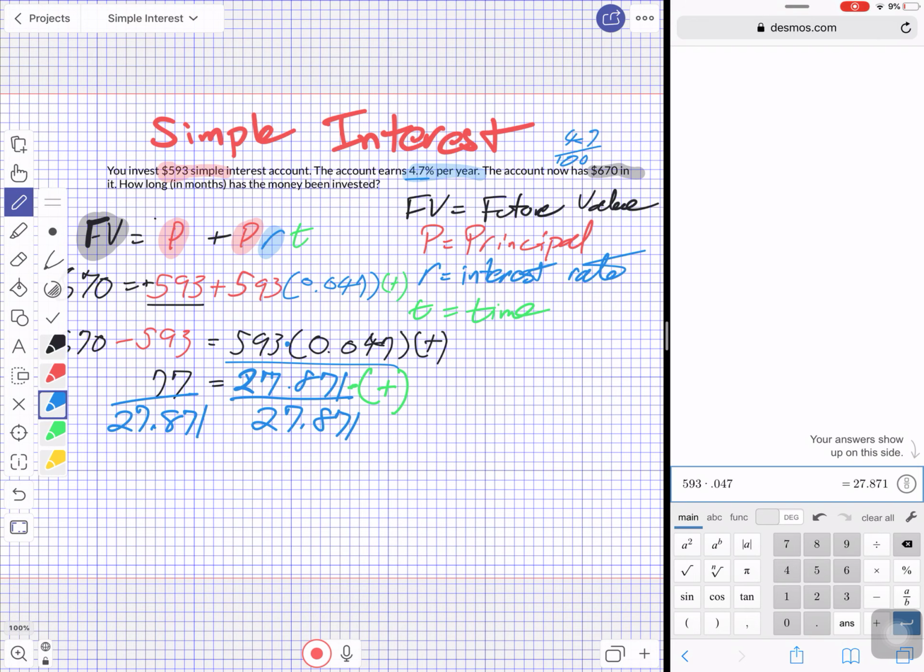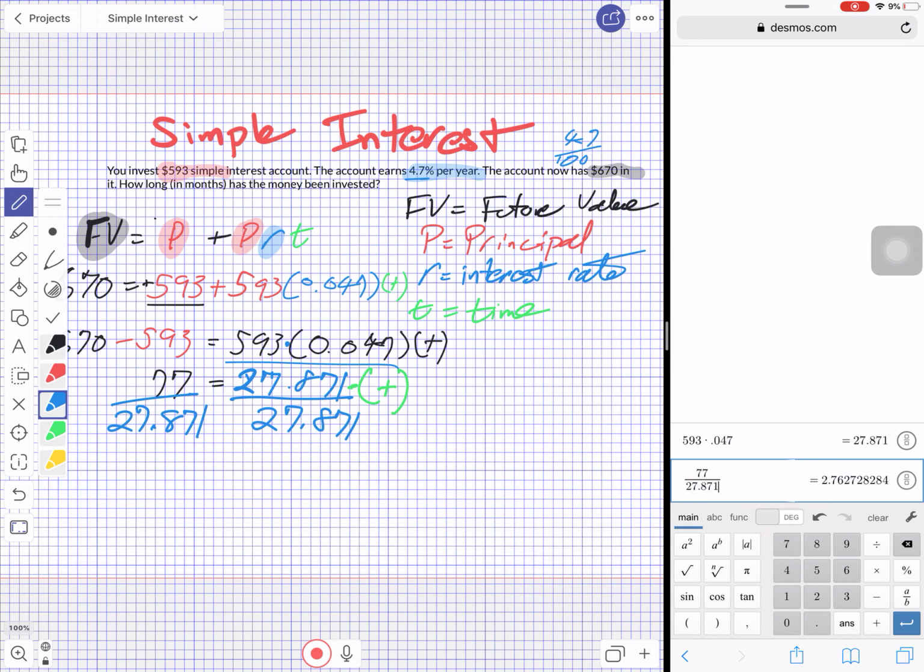And we get the value of 2.76, let's round it to there, is equal to, and because these cancel out, we're just left with a T on the other side. So time is equal to